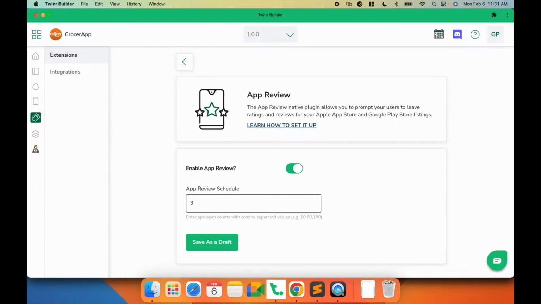So you should design this app review schedule based on how frequently users usually use your application. If they are using it very frequently, then this number should be higher. Like after 10 times they open the application, I want to ask for a review, because we want to ask only when we see that they are confident enough and happy with the application. Otherwise, if we ask immediately, first of all they can cancel it and just reject the review. The second thing, they might give you a bad review as well,